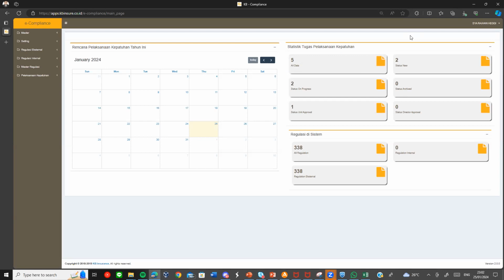First of all, we need to go to the compliance system. From the KBE portal, just select the application sidebar menu and then click compliance. And then you will go to the main page. From this main page, the first business process is about checking regulation